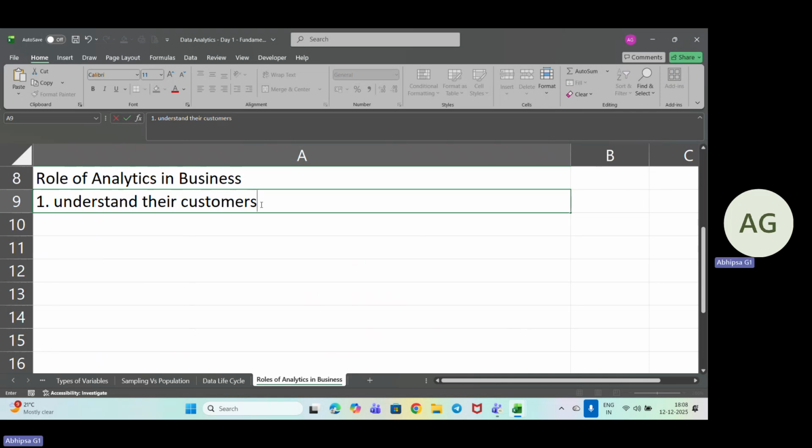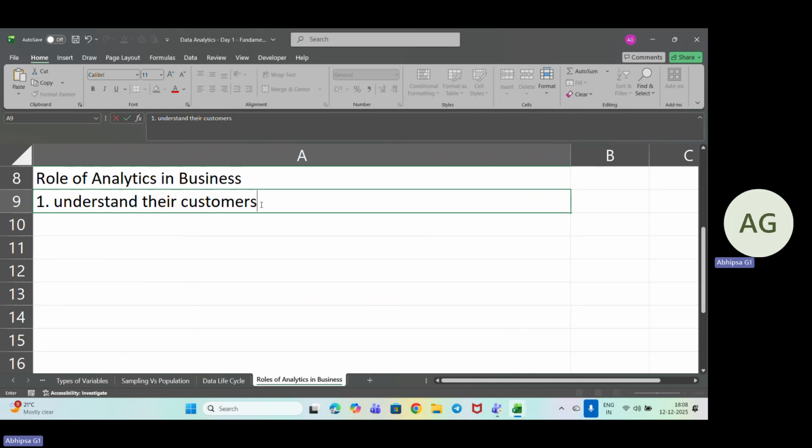Okay. So in what way? The question might arise: in what way does this analytics actually help businesses understand their customers? Suppose there is a shop that sells chocolate, biscuits, chips, cakes, all of this. This analytics tells the shopkeeper which products the children buy the most, at what time the most children come to the shop, which age group likes which snack, and